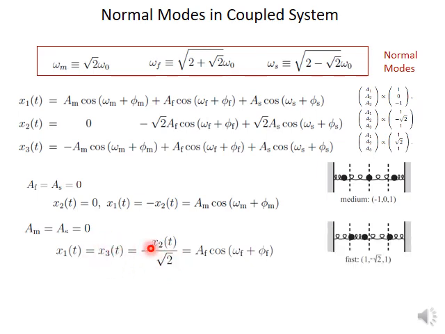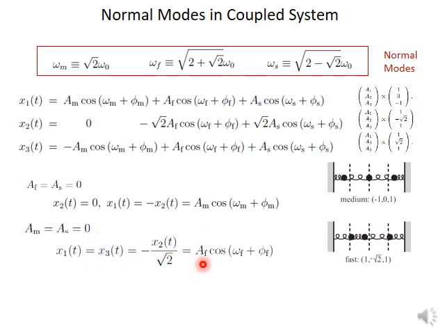So what does it mean physically? For example, if x1 is this mass displaced towards right, this mass should be displaced towards right by the same magnitude, but this mass, which is the second mass, should be displaced in the opposite direction, and by a different magnitude. And similarly, if these two masses are displaced towards left, this should be displaced towards right. So these are the collective oscillations given by this